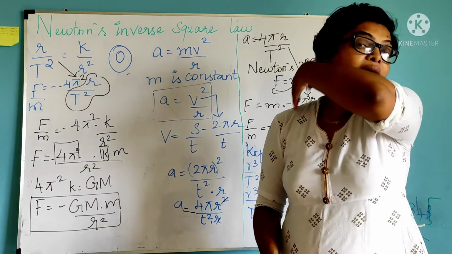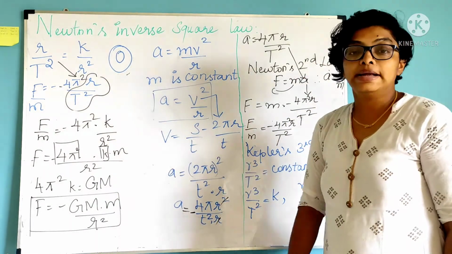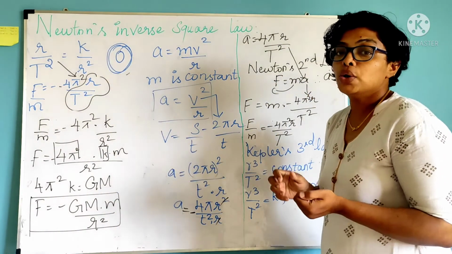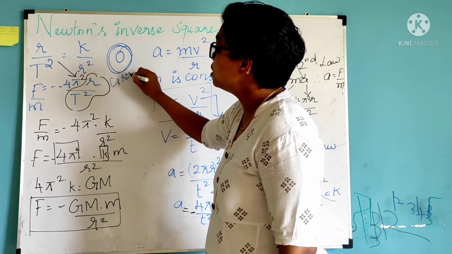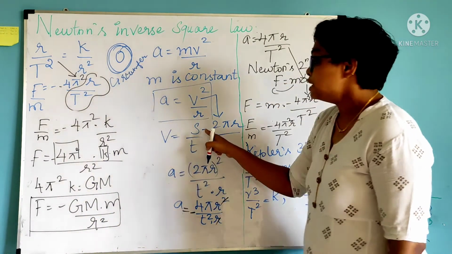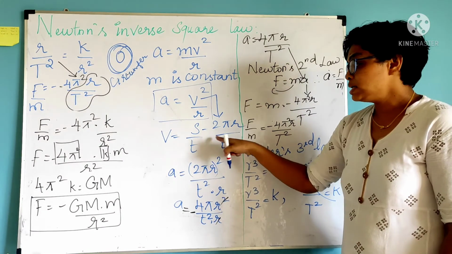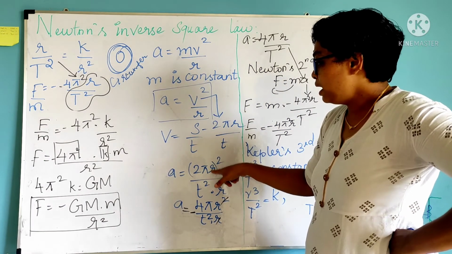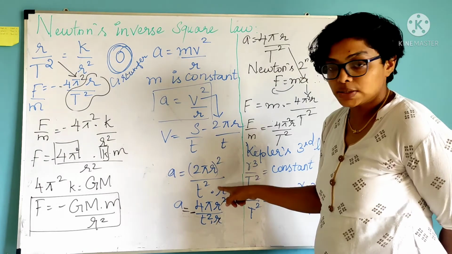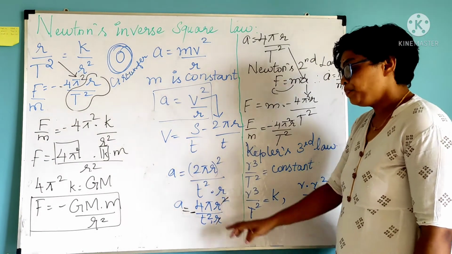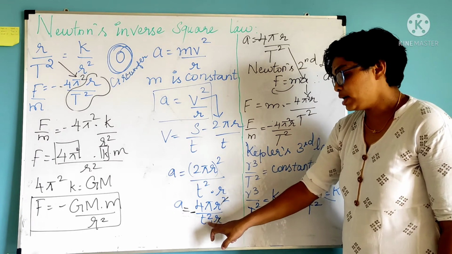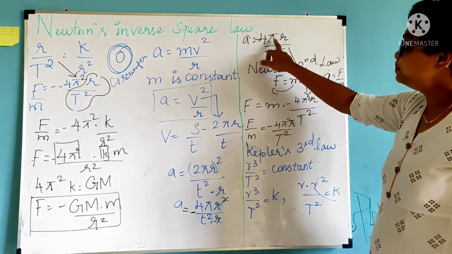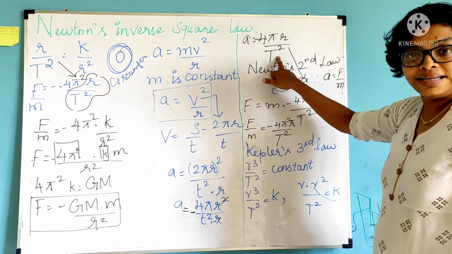Now we are going to find the value for v. Velocity is displacement by time. So what is displacement here? One complete rotation is the displacement, so it is the circumference of the circle. So instead of s we have taken 2 pi r, with t brought down. So v is 2 pi r by t, and when you substitute, it will be 2 pi r the whole square divided by t square, divided by r. Next step, 4 pi square r square divided by t square r. r and r will get cancelled. You will have a is equal to 4 pi square r divided by t square.